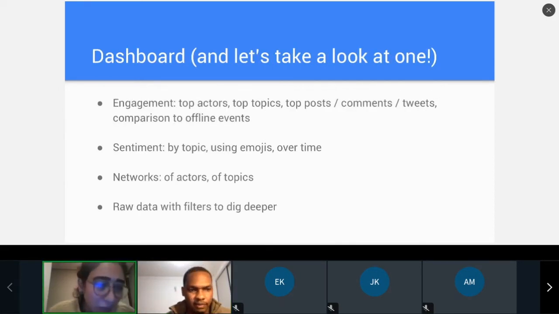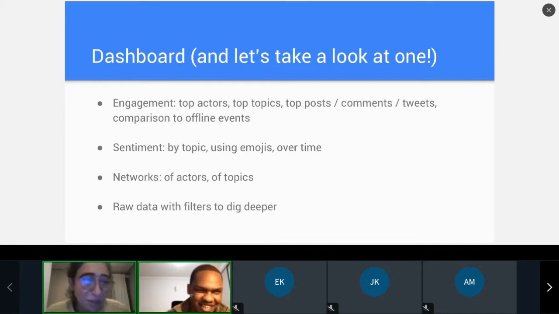Next slide. This will make a lot more sense when you see the dashboard. It must be confusing now, but it will make sense in a bit. Yes. So the dashboard